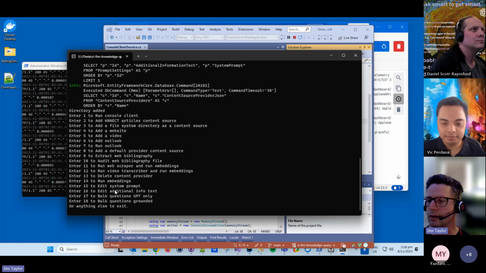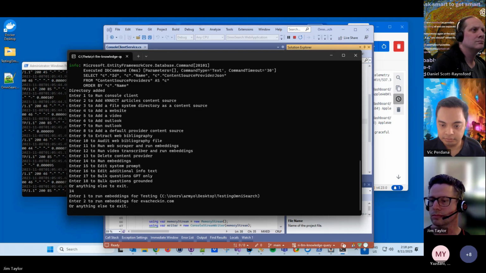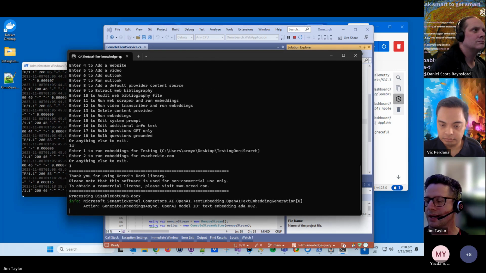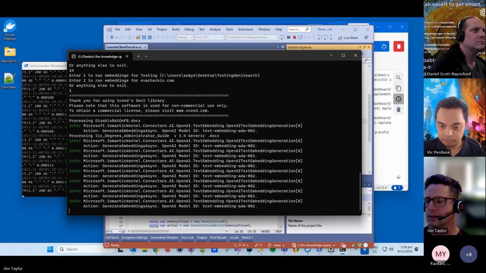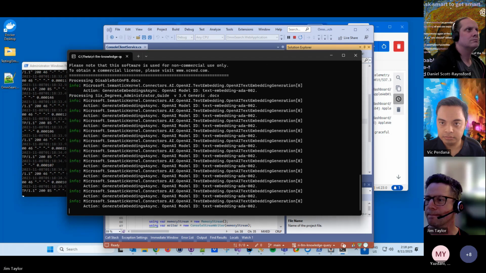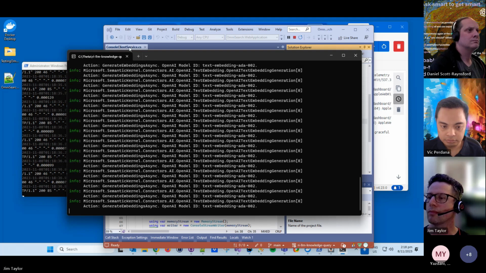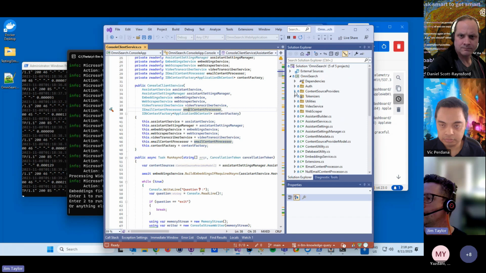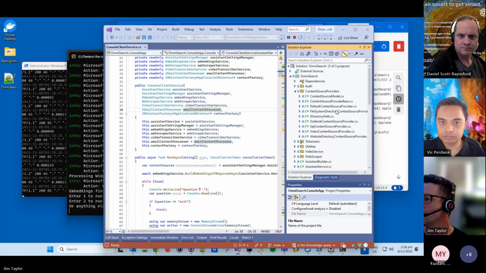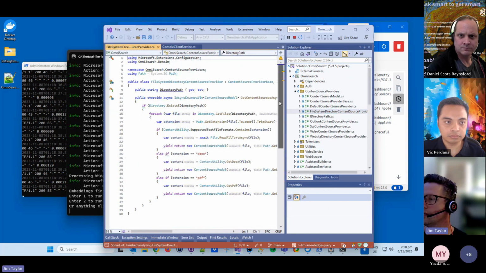Okay, a directory is added. I'm now going to run the embeddings for that, and I will show the code. So bear with me. I've got a file system